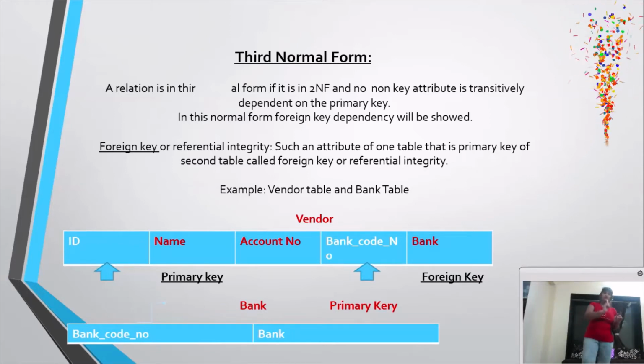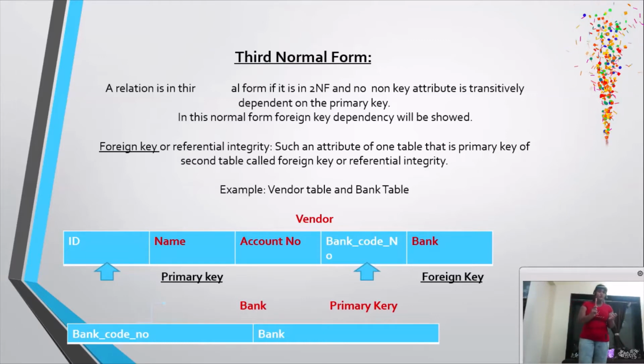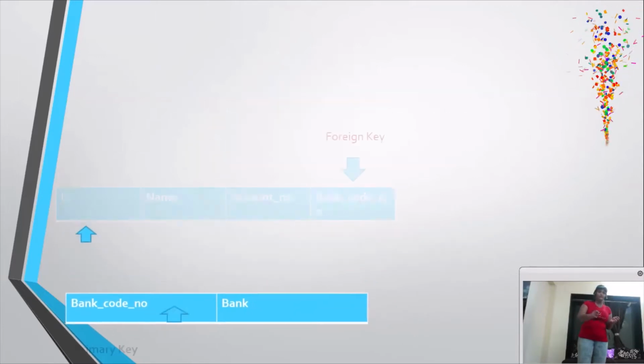Suppose we have tables like a vendor table and a bank table. In the vendor table we have ID, name, bank account number and bank. Here our primary key is ID and our foreign key will be the bank. What is in the bank table? The bank table has the bank account number and bank.